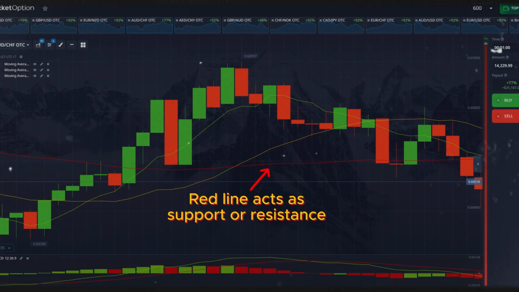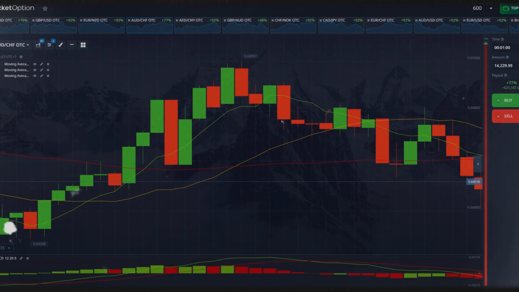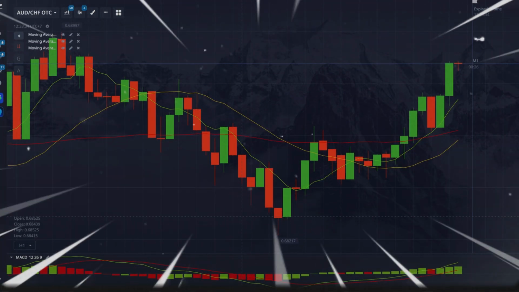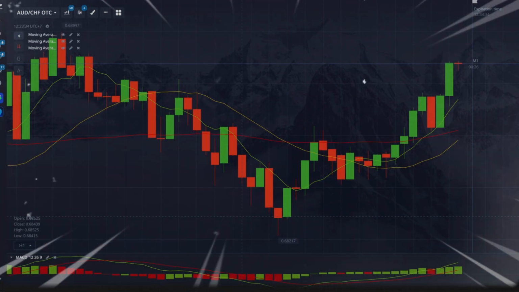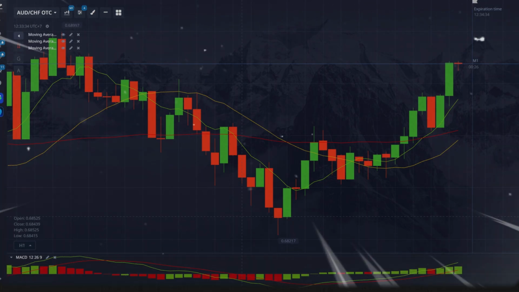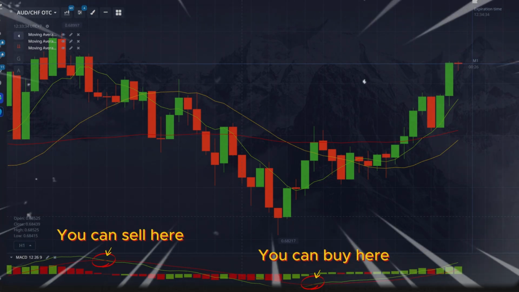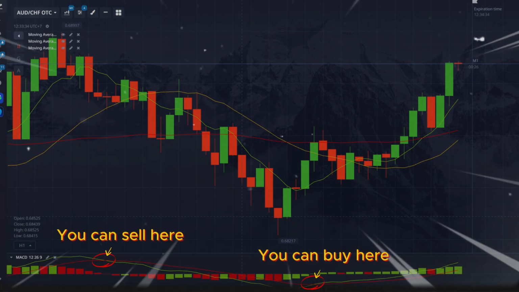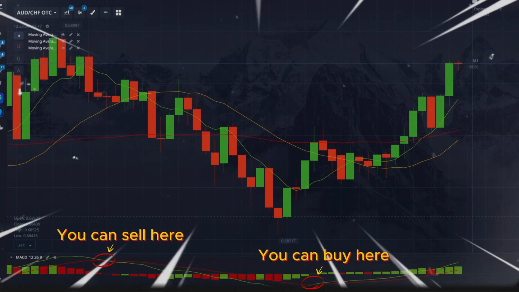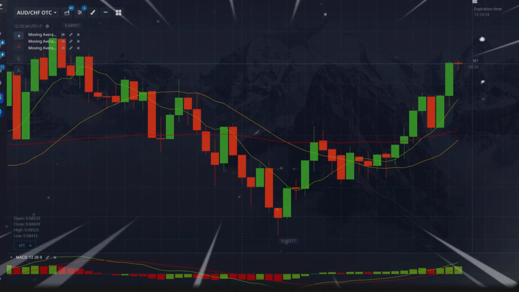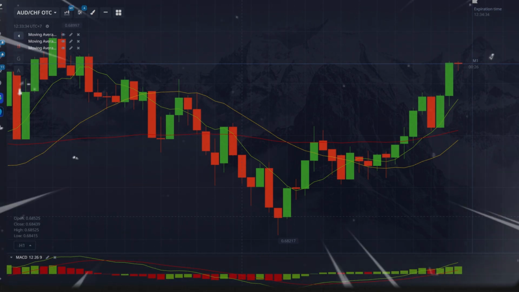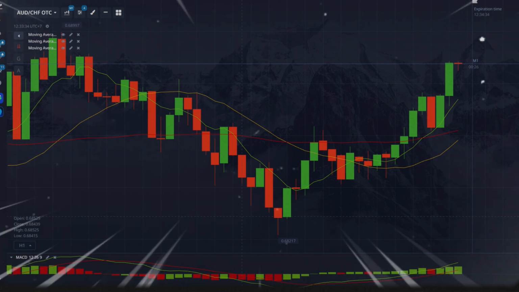If the last candle touches the red line, the next candle will often bounce, allowing us to anticipate an entry opportunity. Step 4. Also pay attention to the MACD indicator with default settings. If there's a crossover on the MACD, we can use it as an additional confirmation, following the direction of the green line's crossover. By following these 4 points with discipline, this compounding strategy can become one of your most powerful